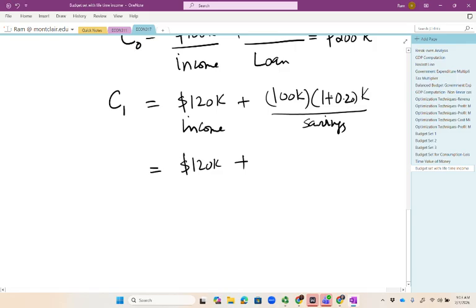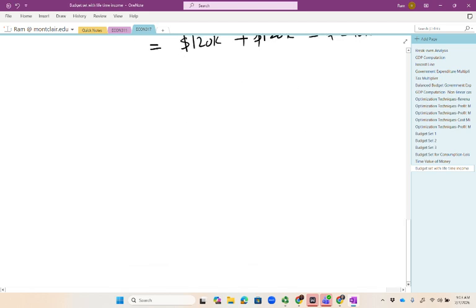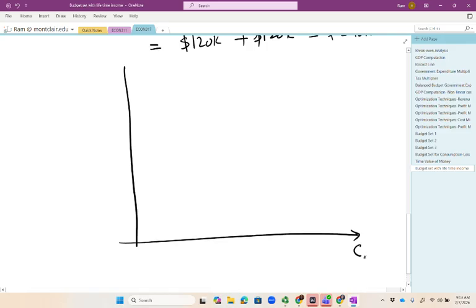120k plus 100k times 1.20 is also 120k. So if I add this up, I get 240k. Now we are ready to draw the budget set. I will have C0, consumption while working, on the horizontal, C1, consumption when retired, on the vertical. And let me draw the budget set, which will turn out to be a straight line